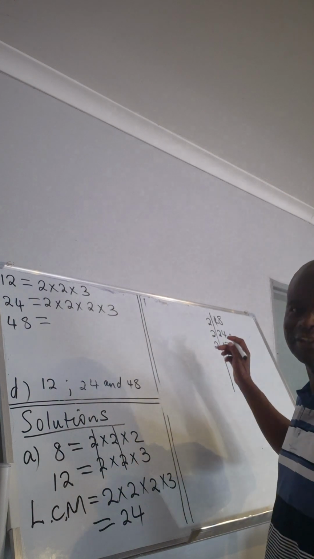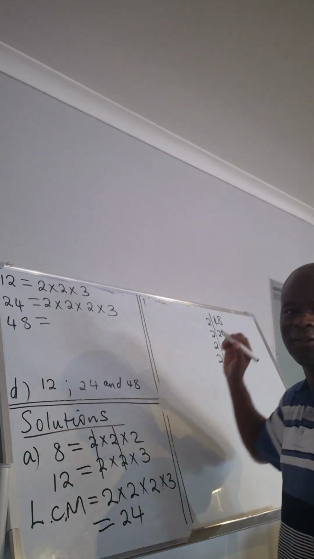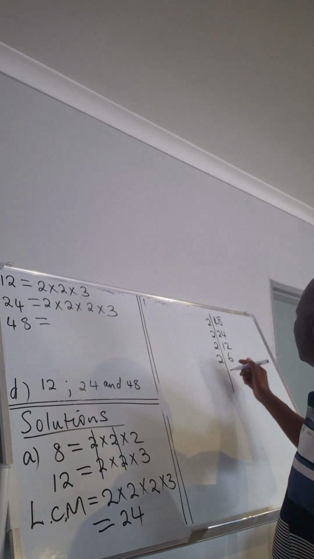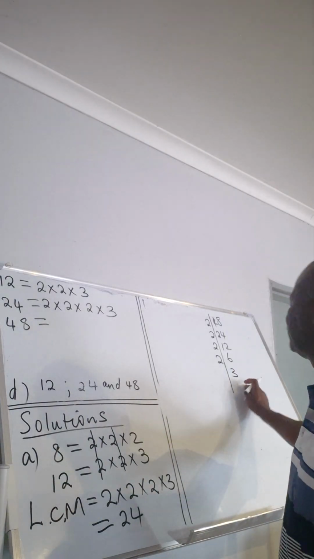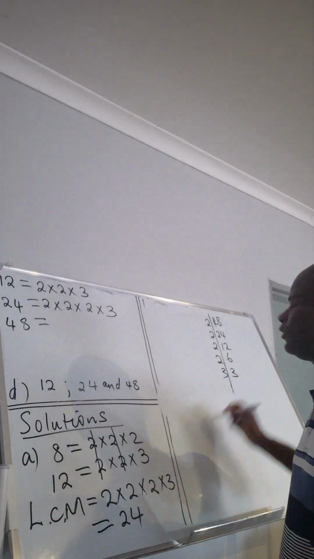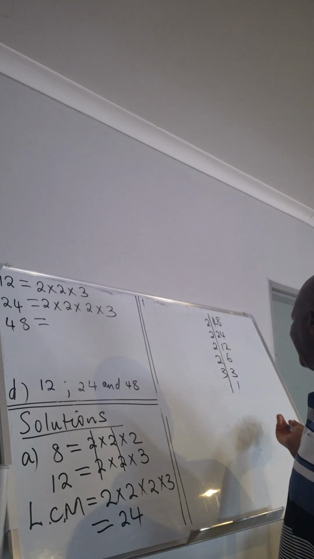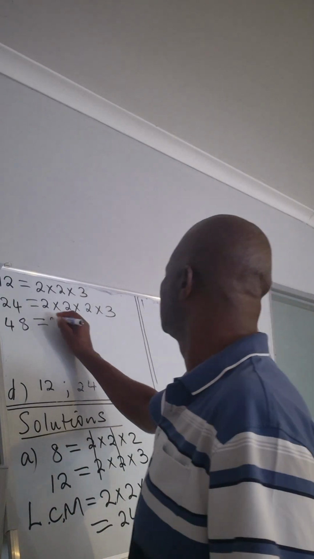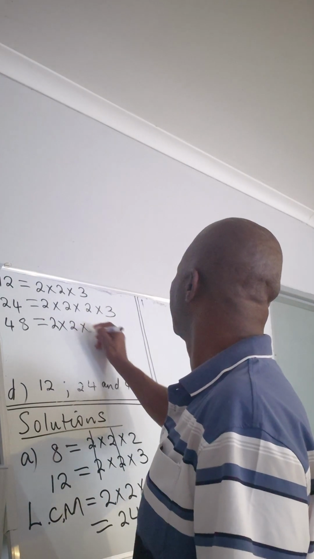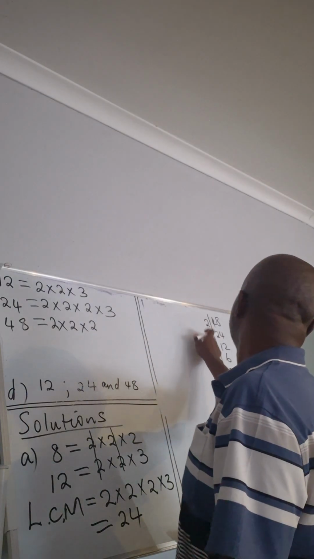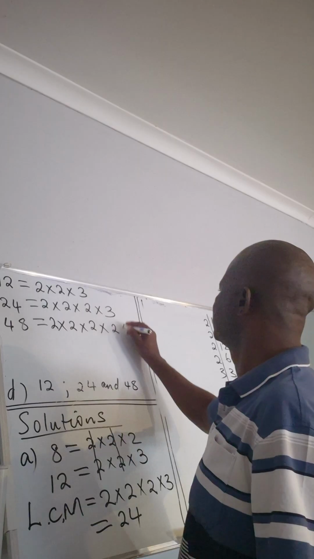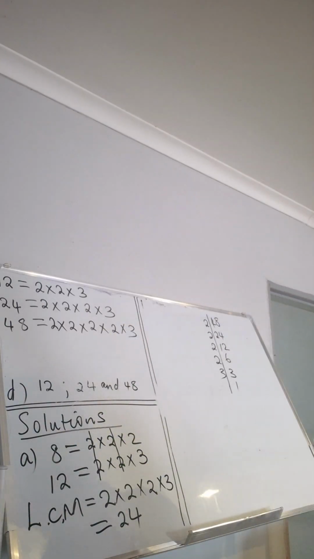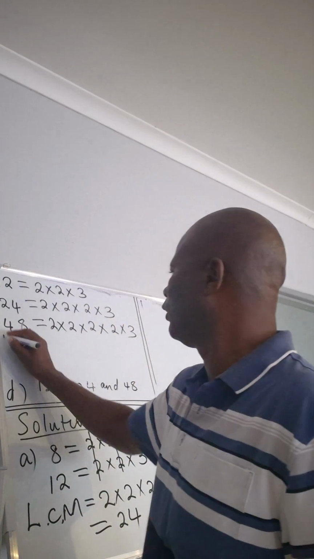The next prime factor to divide 6 is again 2. Then 2 into 6 is 3. Now the next prime factor to divide 3 is 3. Then you are done. So 48 is 2 times 2 times 2. How many 2's? 1, 2, 3, 4. Times 2, then times this 3. Right? So now LCM,